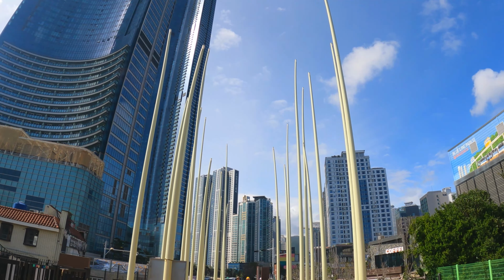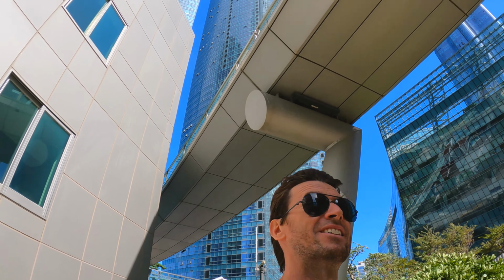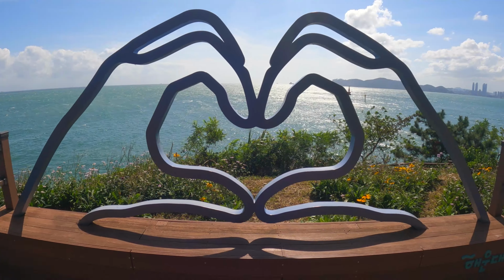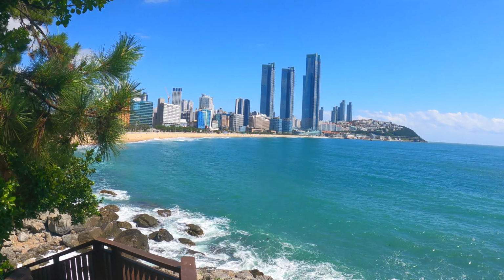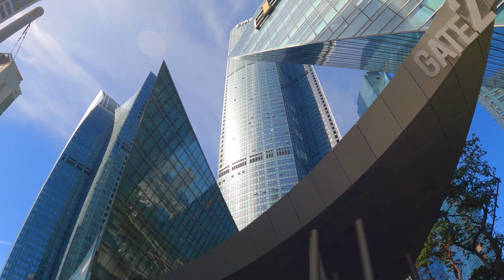Busan is a vibrant coastal city situated on the southeastern tip of the Korean peninsula. It's South Korea's second largest, and I visited this unique city towards the end of my travels throughout the country. The beautiful waterfront combined with slick skyscrapers and traditional markets, it was a city I took my time searching out